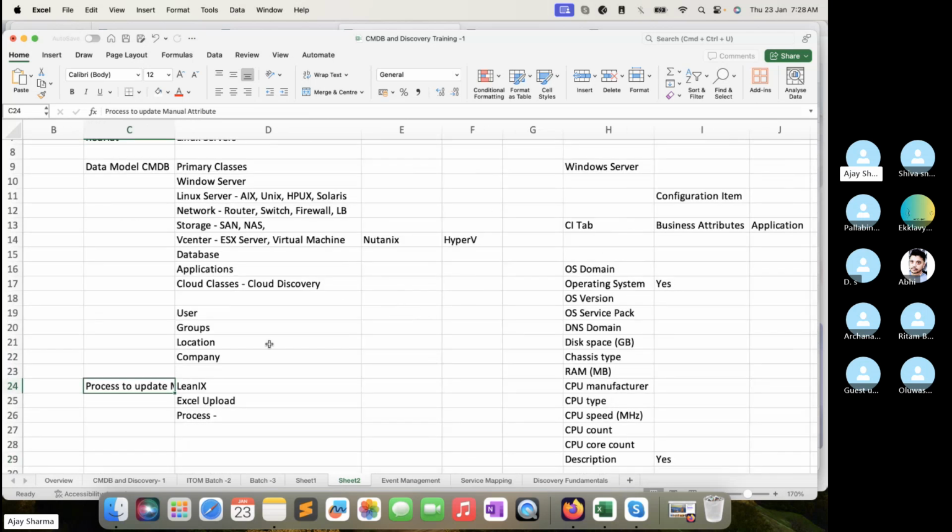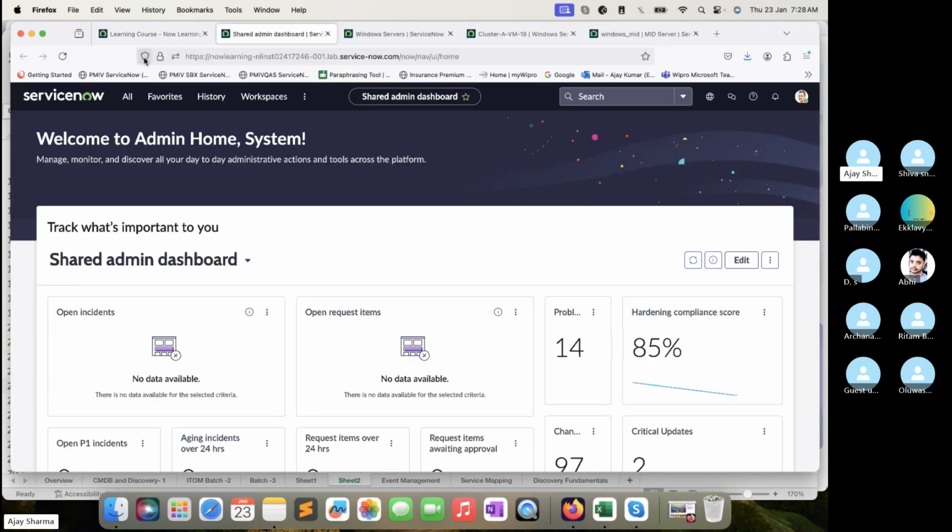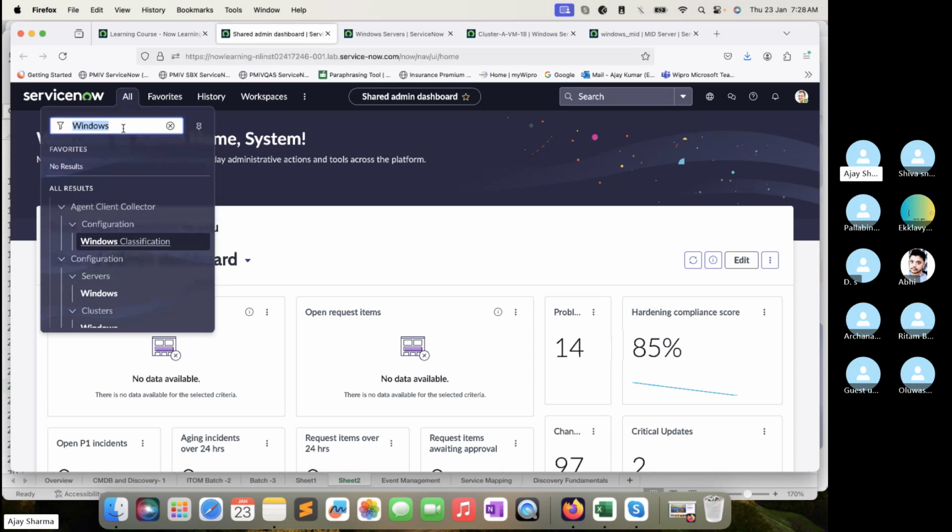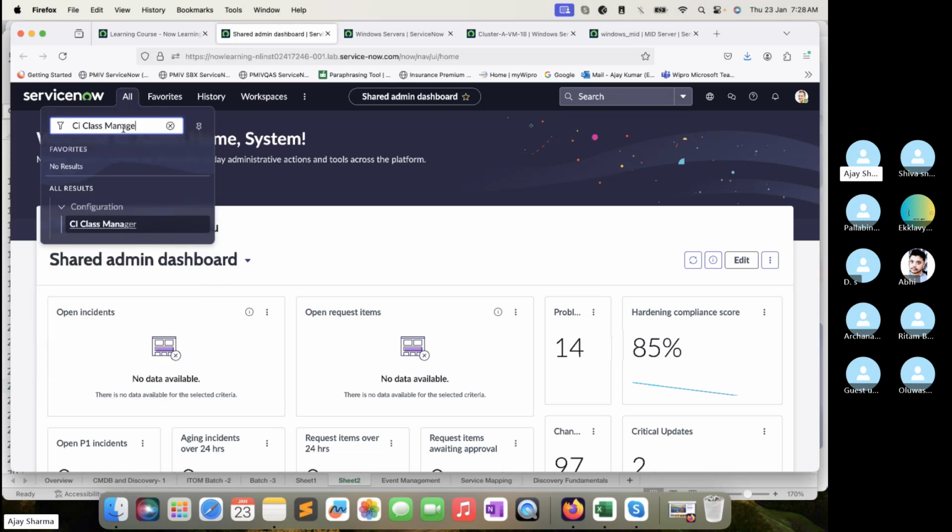Once that is finalized, the next thing is to understand the CMDB, how the CMDB schema looks like. So if I just go into the CI class manager,